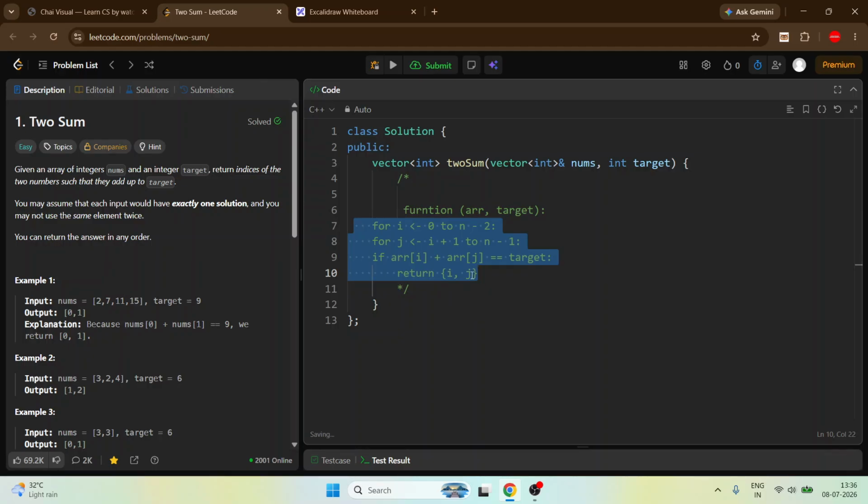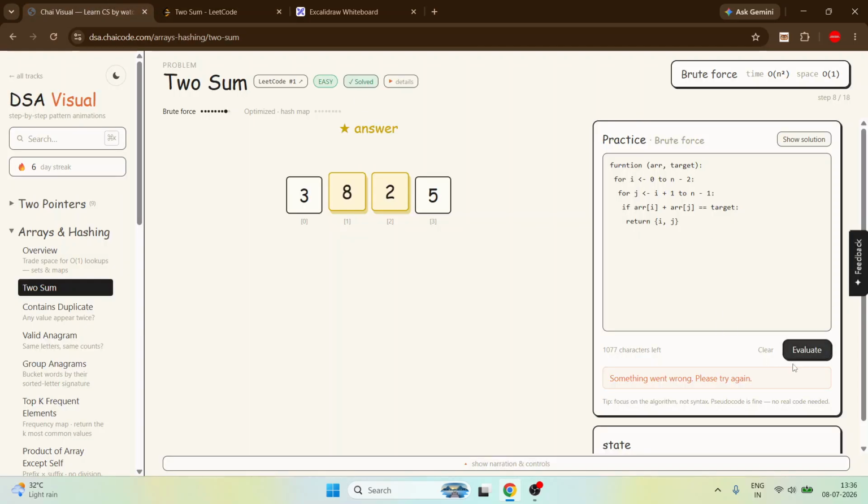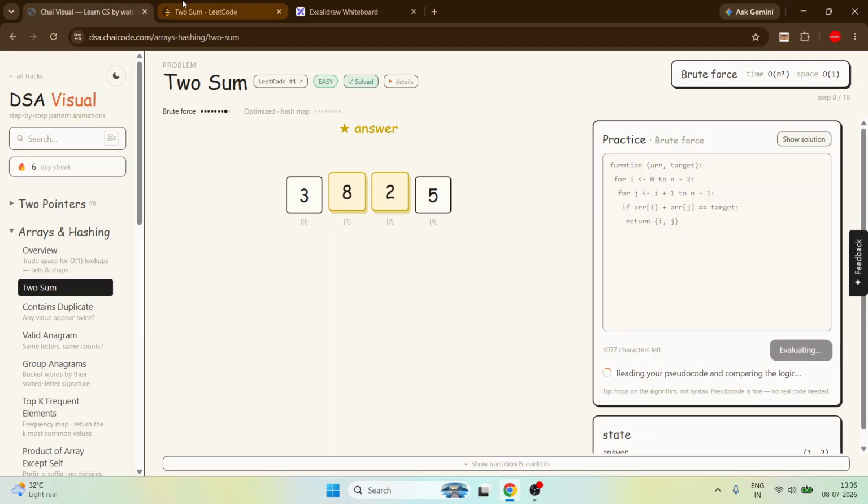This is the for loop. Use two loops. First take the size, that is nums.size. Okay, there is something wrong on the server side.